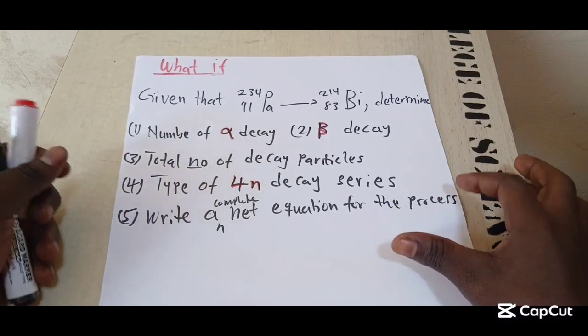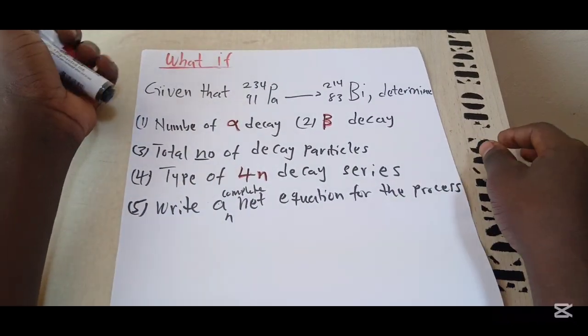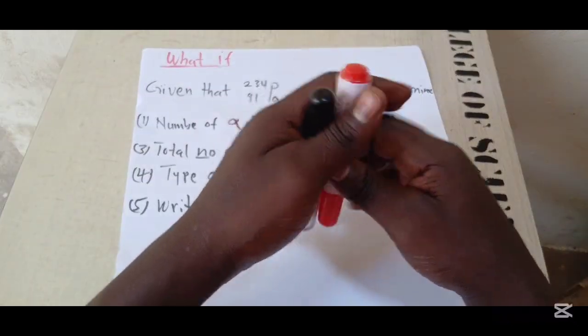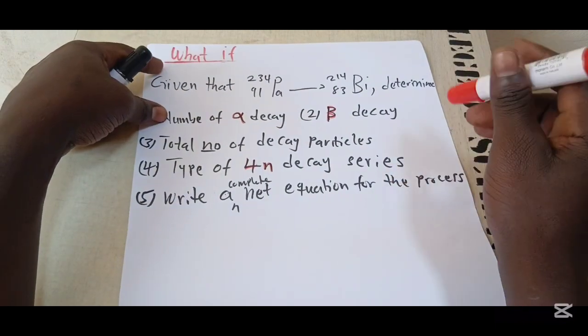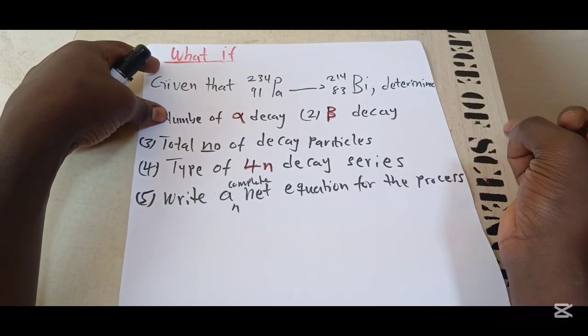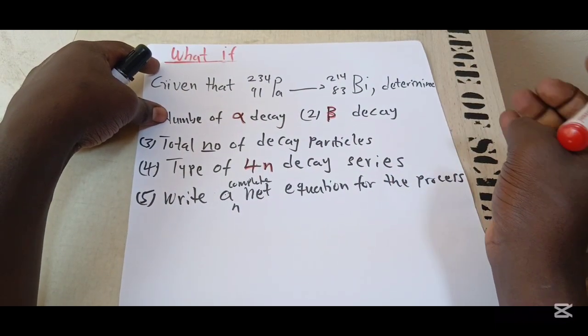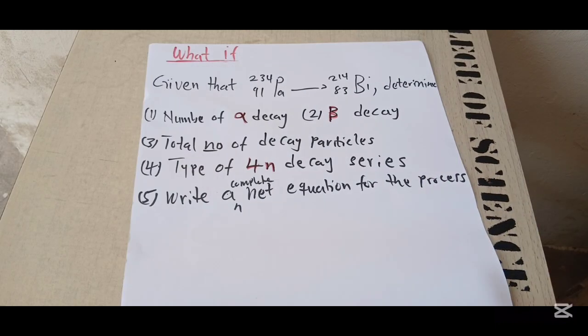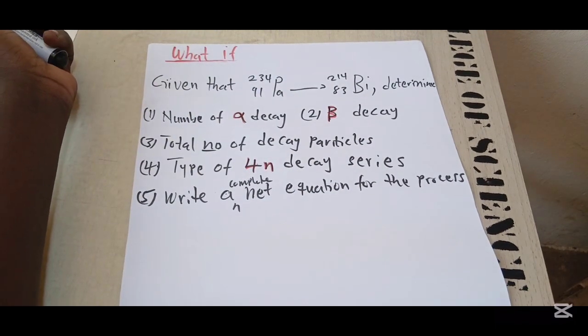Welcome to LIB Academy. In our previous videos we dealt with how to write the net equation for decay series, specifically the three types of decay series that actinide elements undergo. And we learned how to write the net product of the equation by knowing the number of alpha particles and